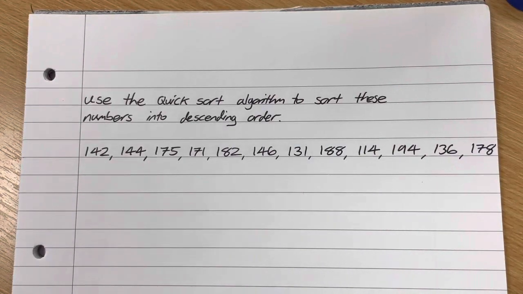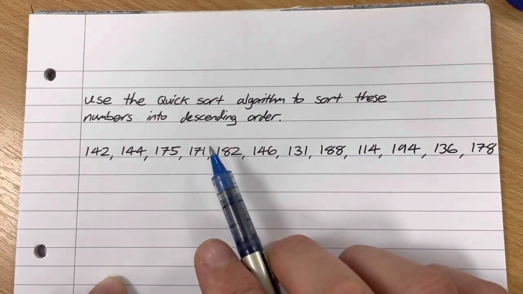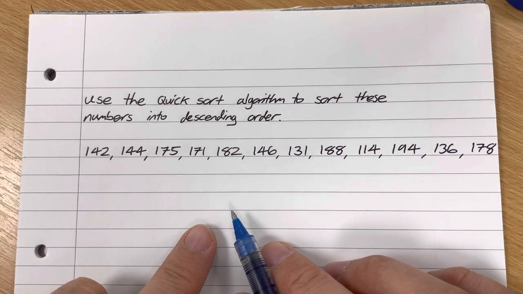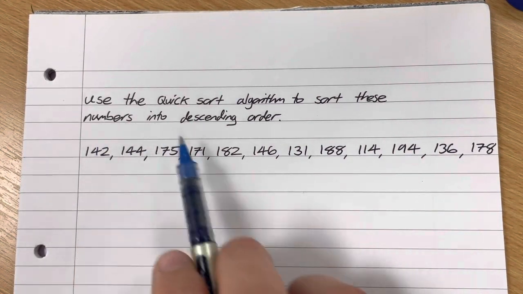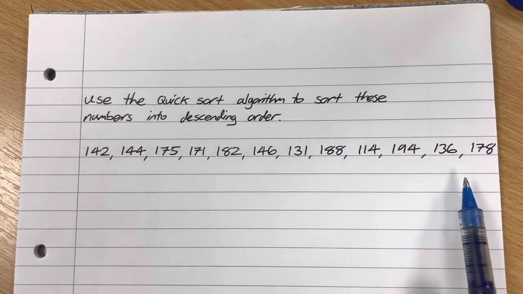For the Modelling with Algorithms course, you need to know how to execute the quick sort algorithm. So I thought I would do a couple of examples of executing this one. This question says to use the quick sort algorithm to sort these numbers, we've got 12 numbers here, into